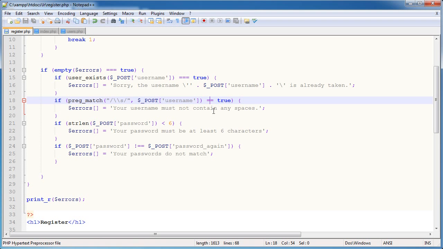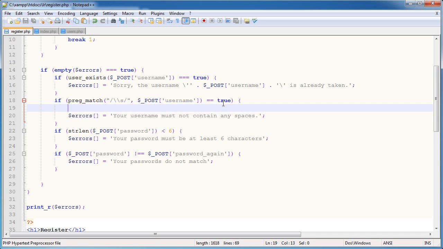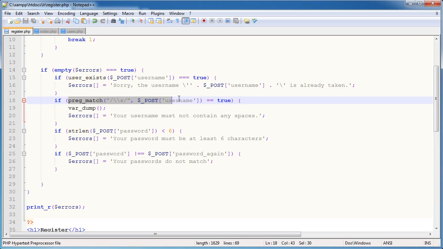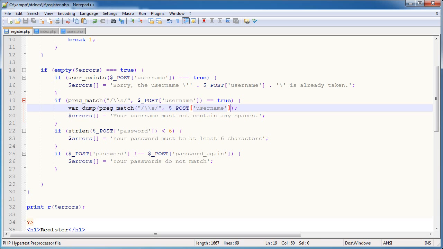Now let's go ahead and check out why I needed this double equals as opposed to triple equals. Obviously, a triple equals checks for type checking as well. It doesn't just check the value. So for example, 1 will be equal to true and 0 will be equal to false. In this case, if I was to go ahead and use var_dump on this here, in fact, how can we do this? Yeah, let's just var_dump this. So when I refresh,